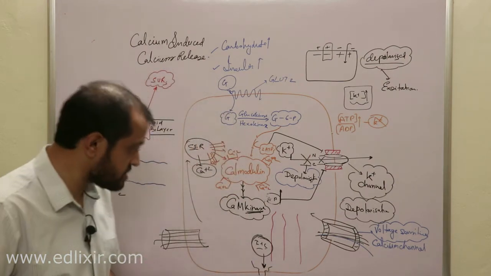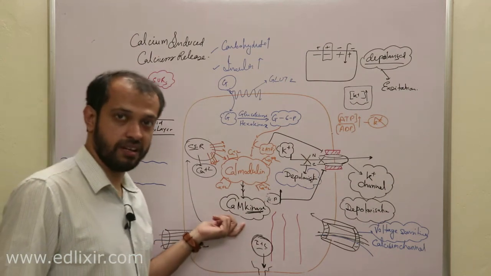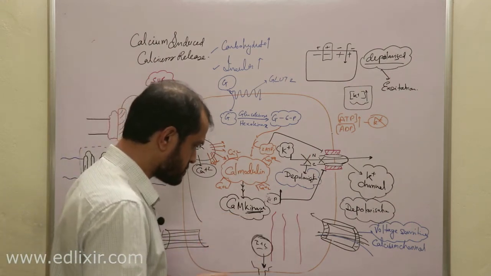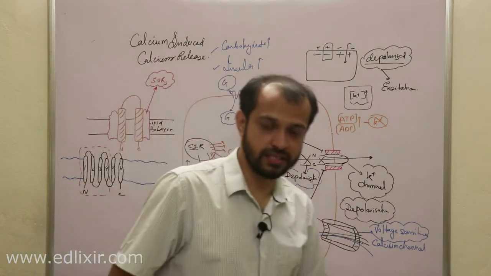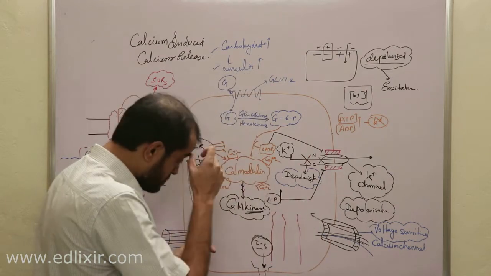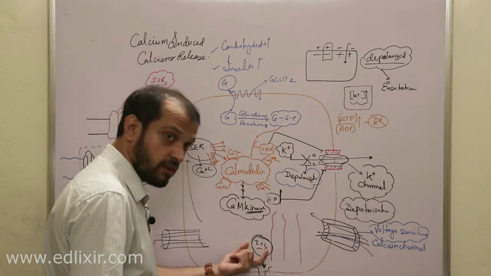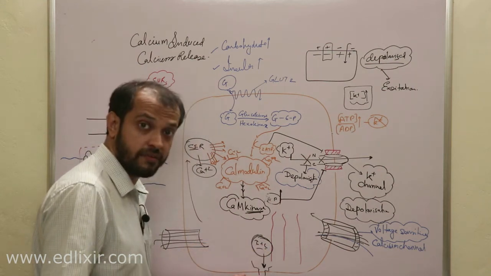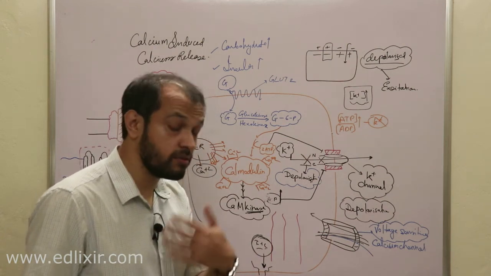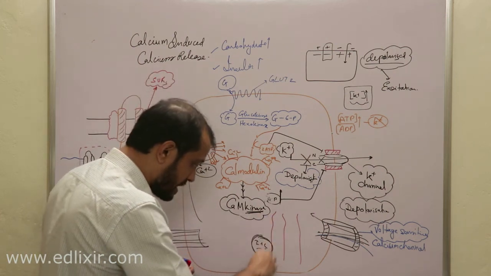But don't ever tell these rubbish things that V-snare is coming in contact with T-snare because of phosphorylation from CAM kinase. This is not true. What CAM kinase actually does is excite actin and myosin in such a way that they start small movements, leading to the movement of this particular vesicle towards the active site. If you don't know what is active site, go to the video where I have explained synaptic vesicles or synaptic transmission. Now they help in the movement of this vesicle to the active site, and there